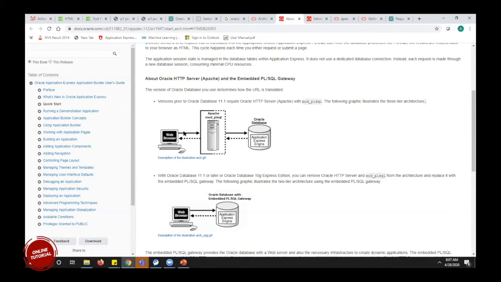Whatever data we sent through the web browser first went to this Apache mod PLSQL, and it used to encrypt and decrypt all the messages, and then send them to the Oracle database.